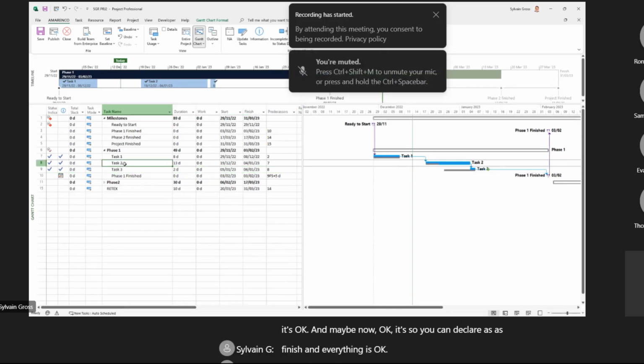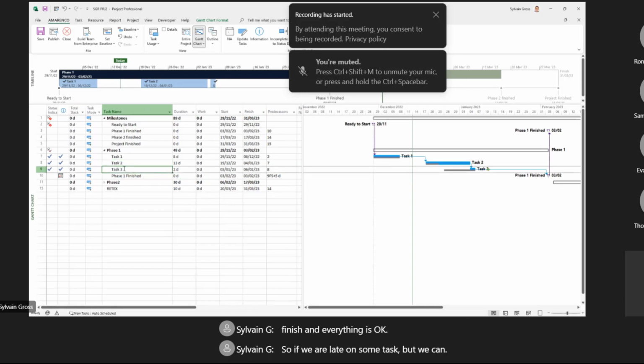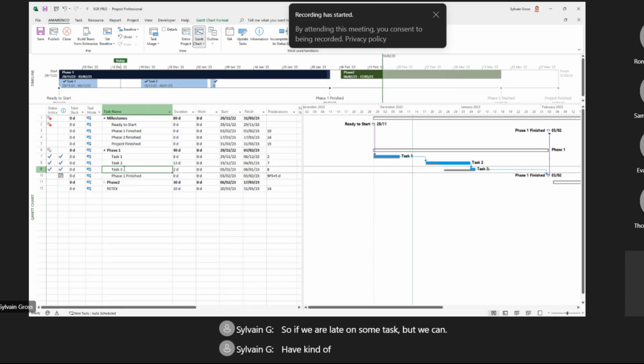So if we are late on some task, but we can have a kind of transfer of the margin to the other task, it can also